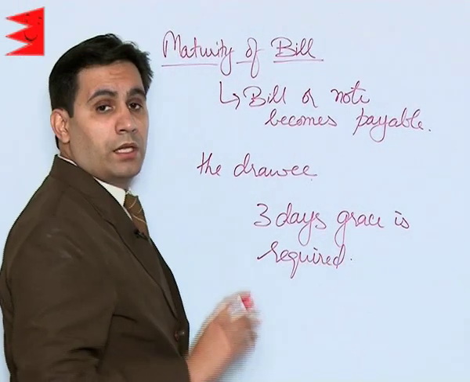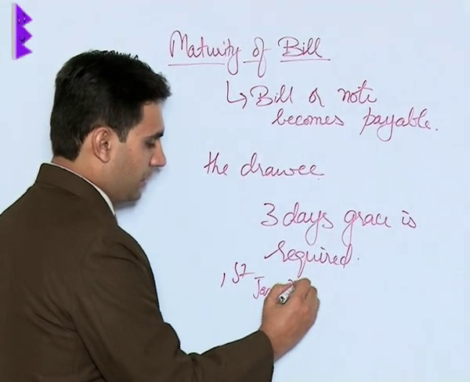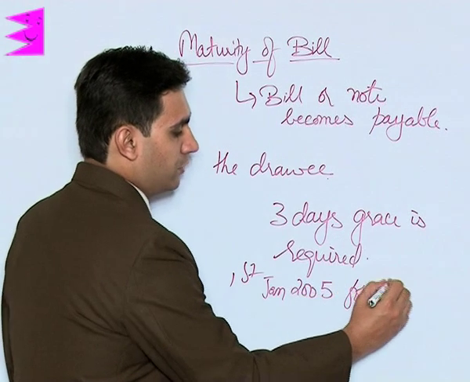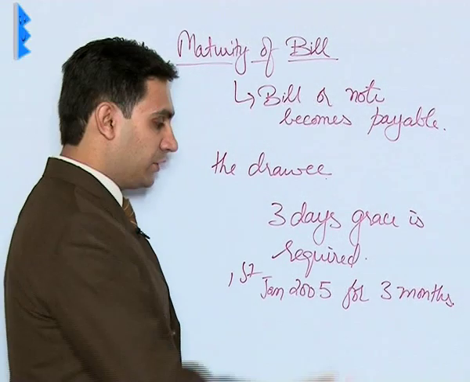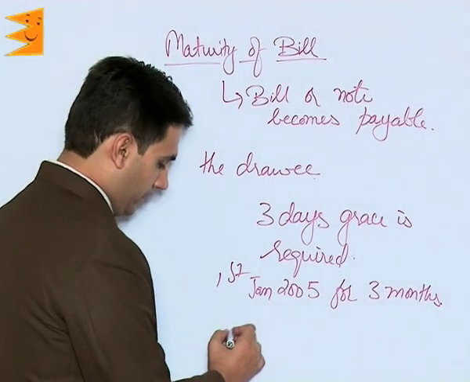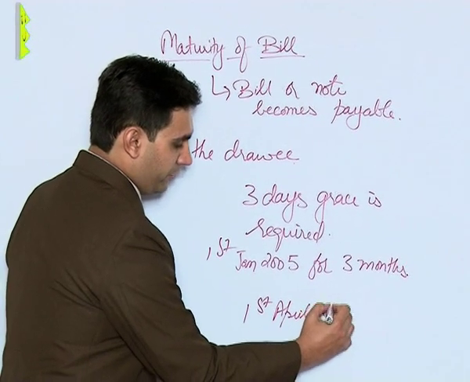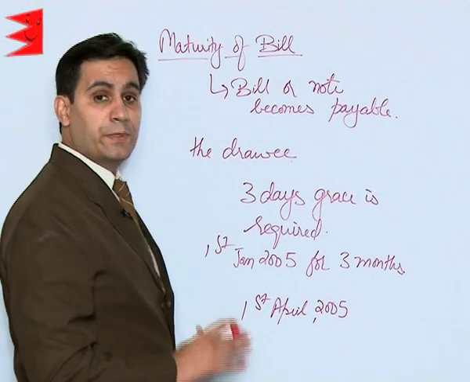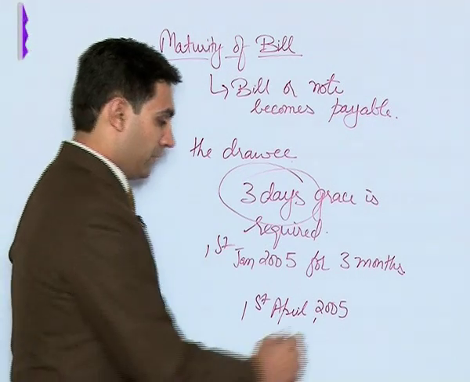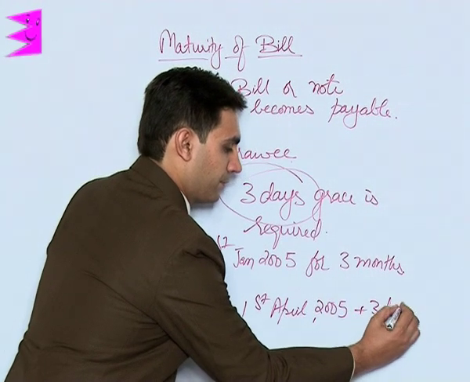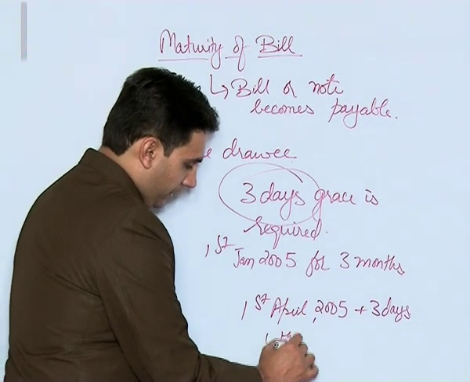Let's say a person drew a bill on 1st January 2005 for 3 months. Ideally the 3-month period ends on 1st April 2005, but as per the Negotiable Instruments Act 3 days grace period should be given to the drawee. So plus 3 days, now the maturity date would be 4th April